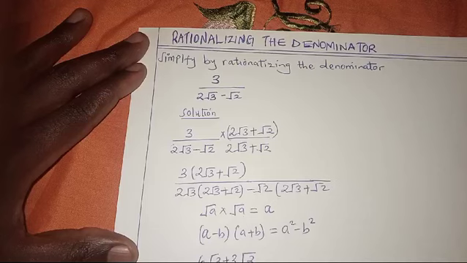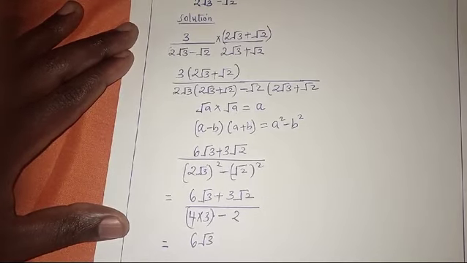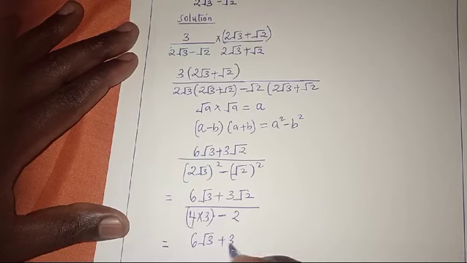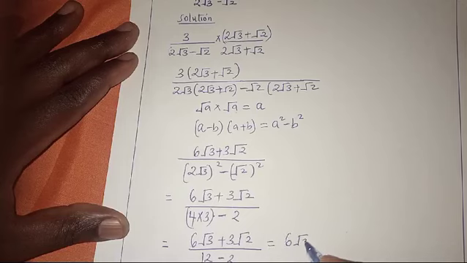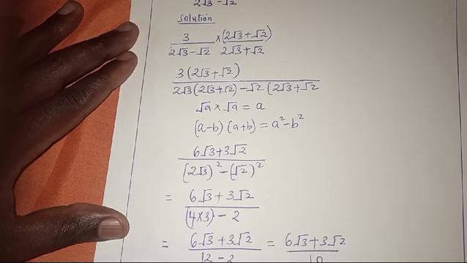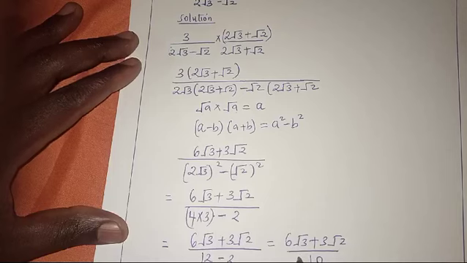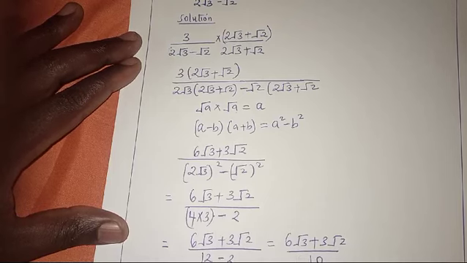We continue. The numerator is 6 root 3 plus 3 root 2, then all over 4 times 3, which will give us 12, and then minus 2, which is going to give us 10. So we have 6 root 3 plus 3 root 2, over 10. We can write this by saying that our final answer is going to be 6 root 3 divided by 10 and then plus 3 over 10